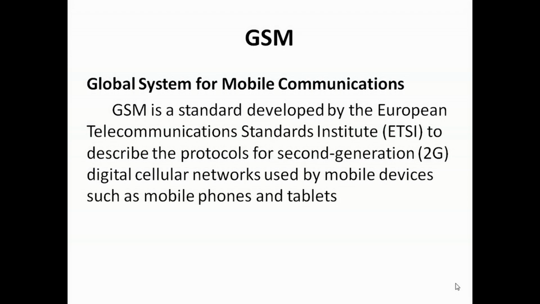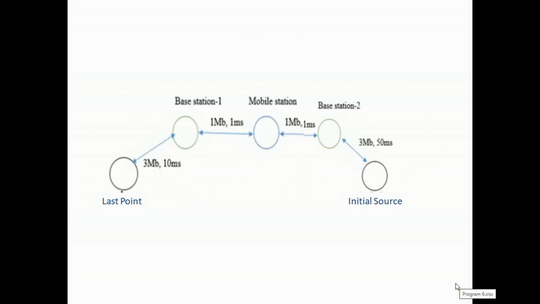Now let us see the block diagram, a simple one. How does it look? We just take these two, could be mobile phones or anything. Any source or any destination can act as either source or destination. These two are nodes which can work on GSM. I've named this one the initial source and it's coming this way to the last point. Anyway, it can change, because if this is sending, then this becomes the source and this becomes the last point.